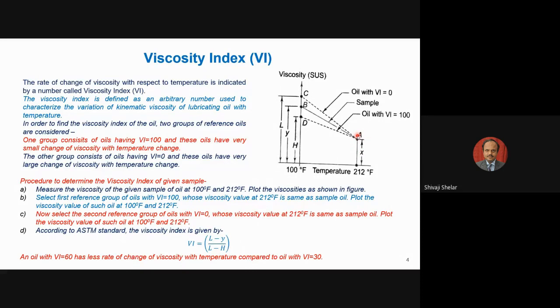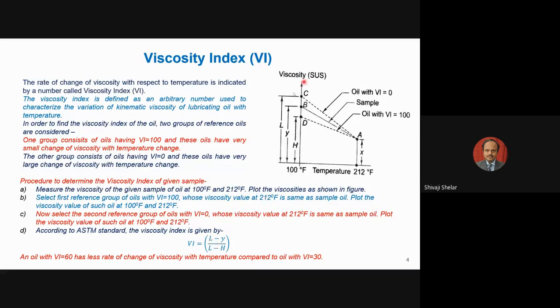In reality, getting that starting point A is difficult, but it is assumed to some extent. Even though your other points, say A1 is here and A2 is here, you can assume A1, A2, A3 points are together, and from that you can calculate the VI by this formula. So you can get this value.